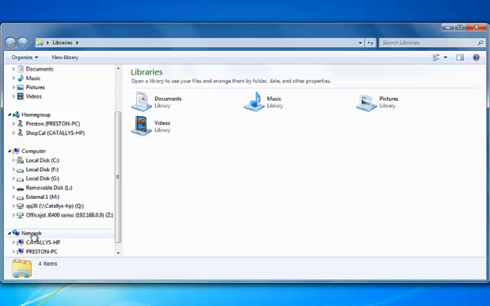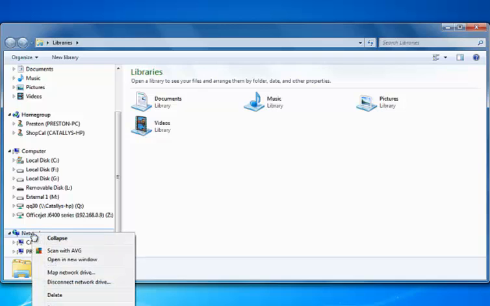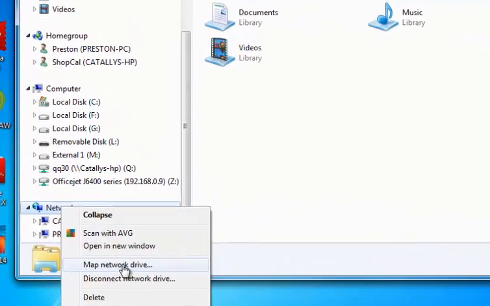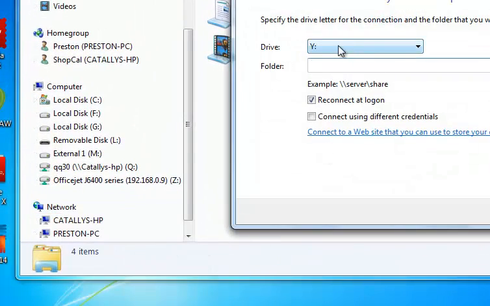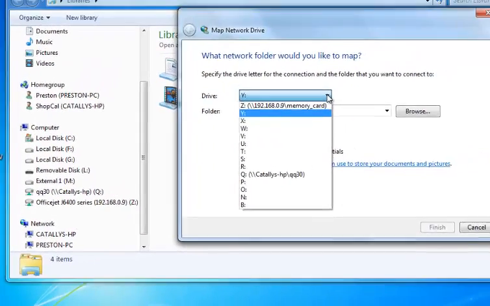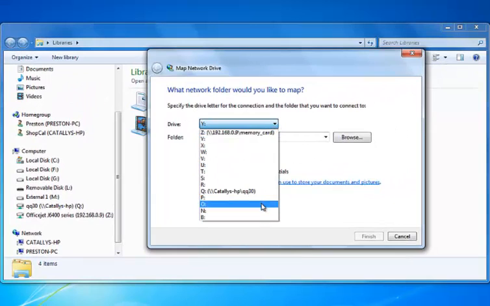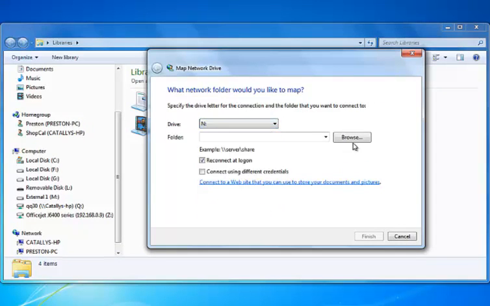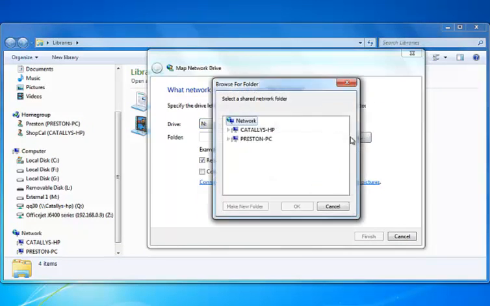To do a network drive, you just right click on there and you have here Map a network drive, and you'll select that. Then it's going to ask for a drive letter. It'll show you which ones are already used. So in this case, if we wanted to say N, and then we would browse, and we're going to go over to